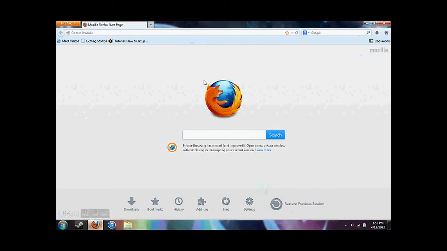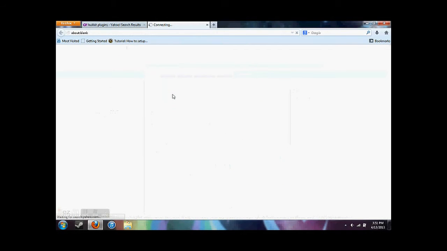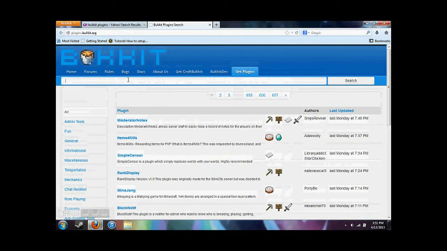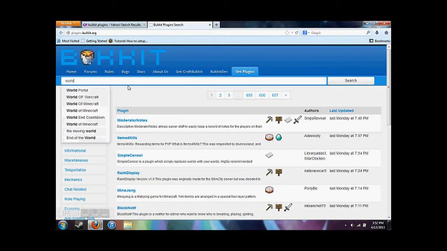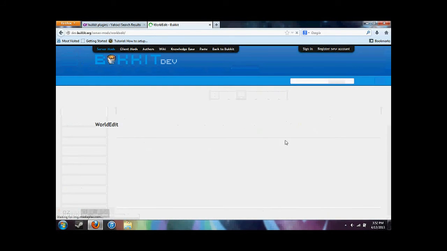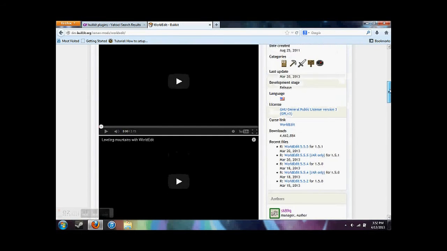Now, to get plugins for your server, you type in Bukkit plugins, and this is the site right here. I recommend getting World Edit, so I'll show you how to get it. So World Edit, you type that in there, and it will search for it. Right here, you click on that, and you get to here. Now, you go down the page,